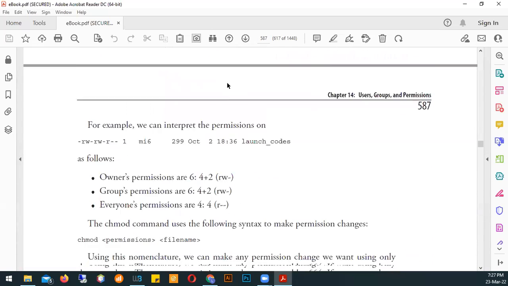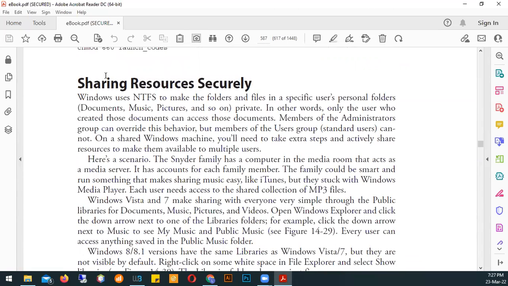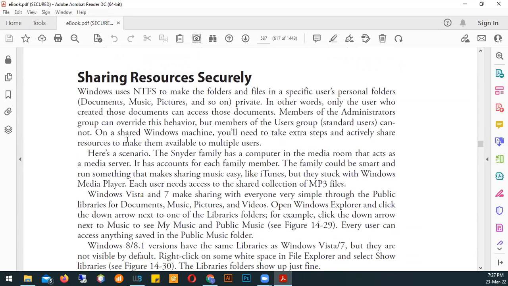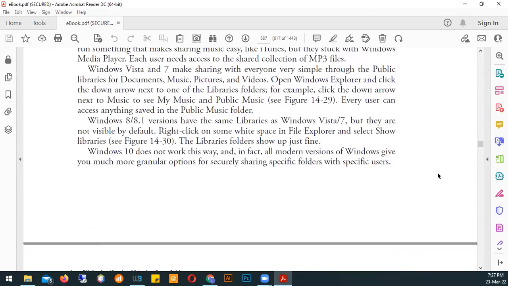Right? And we're going to jump down into sharing resources securely. Again, I sort of browsed through that with you guys, but let's do it. Actually,